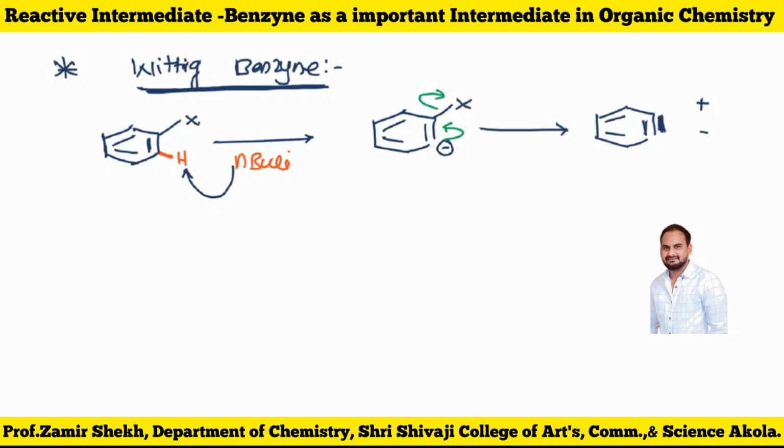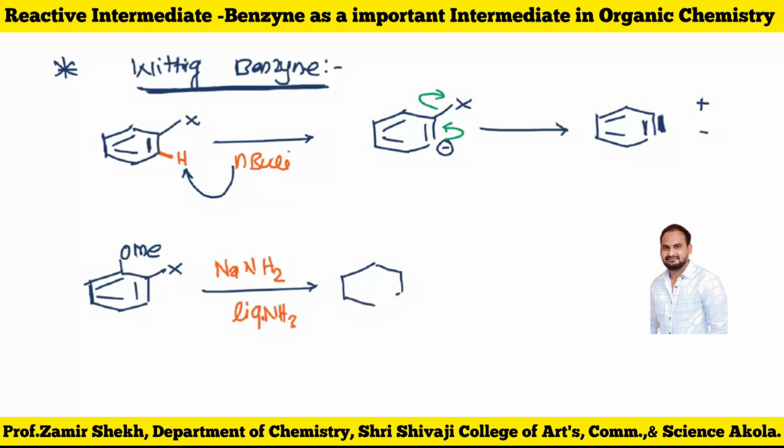Now by using that reaction, we can explain this. Suppose I have a methoxy group at this position, and here is our halogen. I am going to react it with sodamide, NaNH2, in liquid ammonia. What happens with this now? Because it is also a strong base like your n-butyllithium, this is a very powerful base. It is going to search for the deficient hydrogen. And again, there is one more hydrogen which is ortho to X.